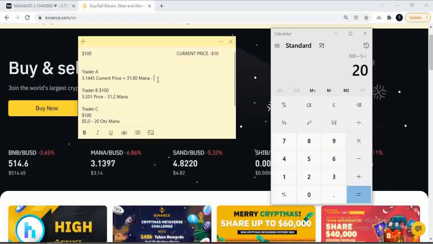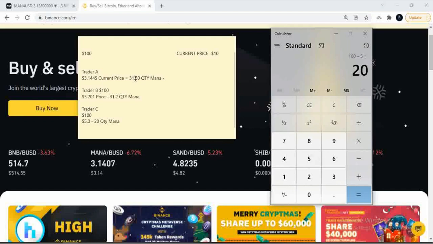So who would make the most money? Let's look at trader A. Trader A bought at 3.145. That's in dollars, this is also in dollars, and the rest in dollars. So this bought this quantity, and this also bought this quantity. Trader A will be able to sell his quantity. That is the point where you make your money. The difference in price is where you make your money. So your profit